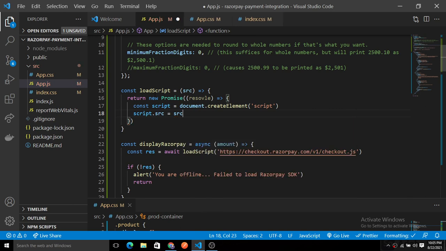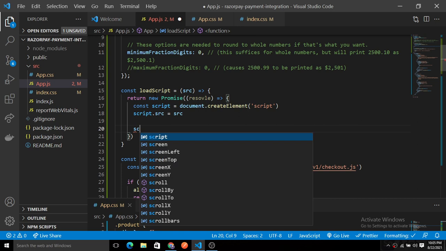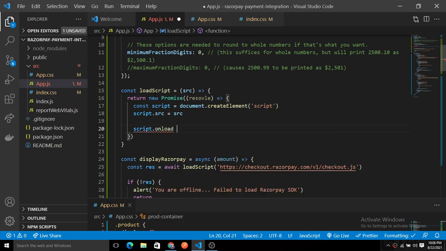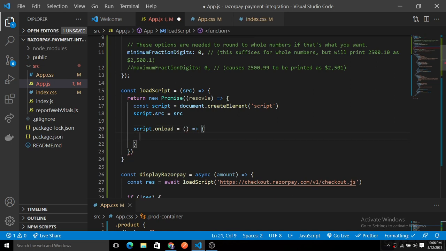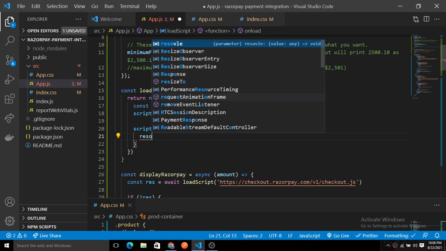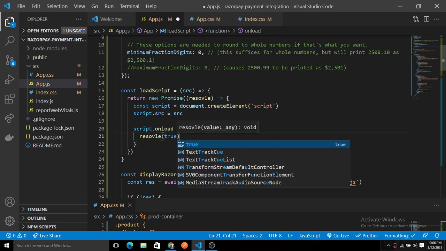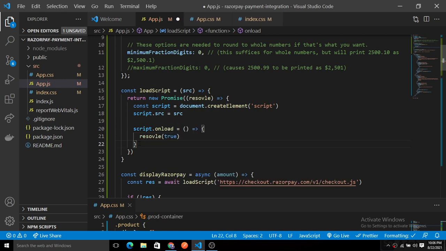When the script loads, we add an onload functionality here. When the script loads, what we will do is simply resolve true. So basically it takes a boolean value of true. If anyhow this script is not resolved, it simply returns an error.